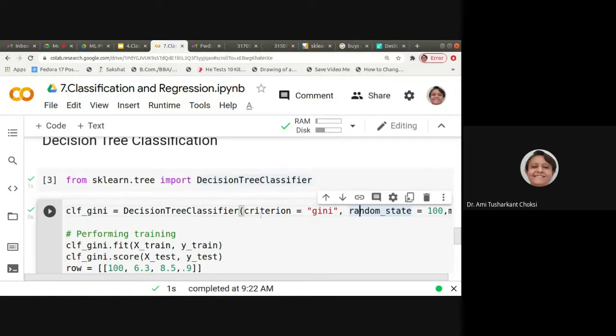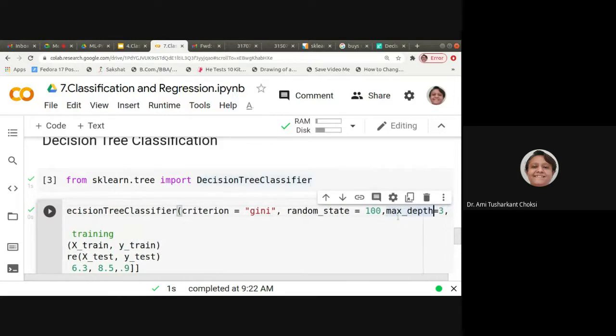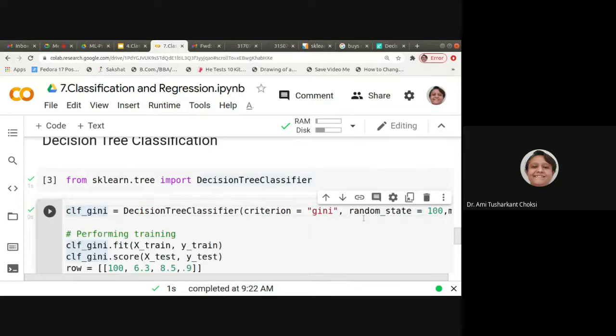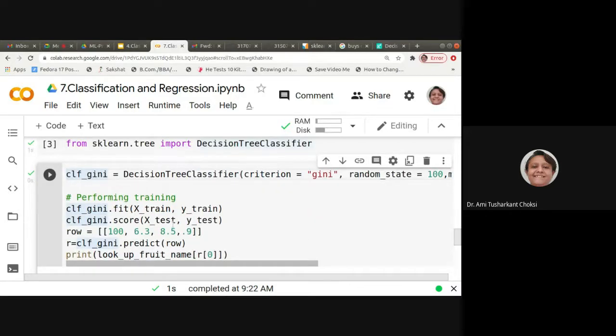So let us say criterion is equal to gini, random state is equal to 100, maximum depth is equal to 3, minimum samples leaf is equal to 5, right? So with that, now we want to train the model.